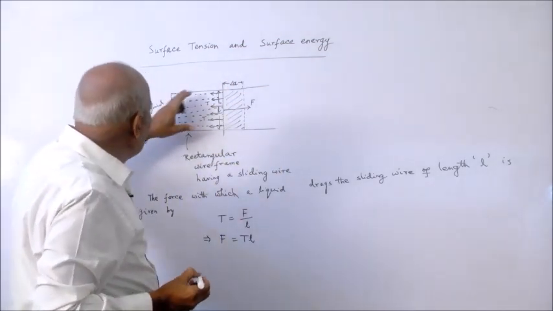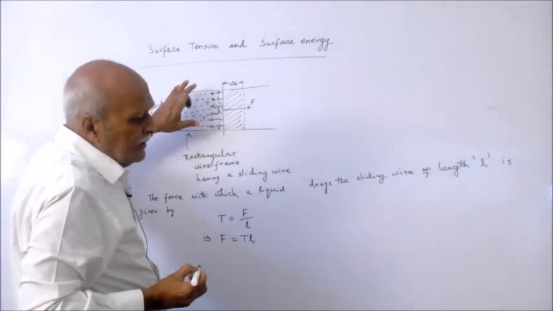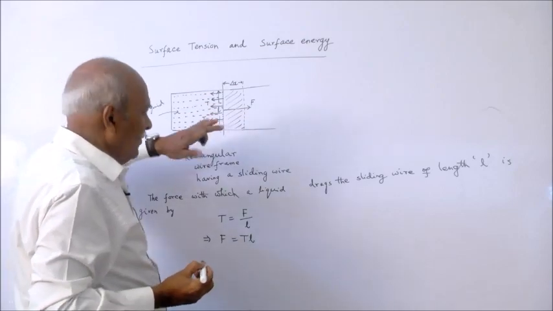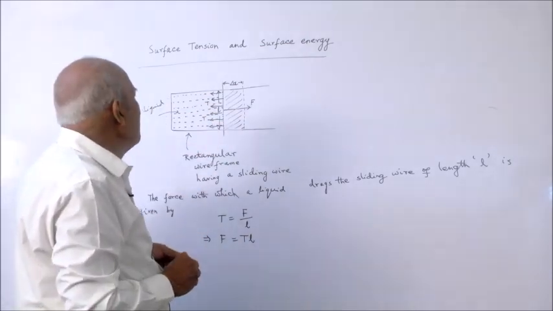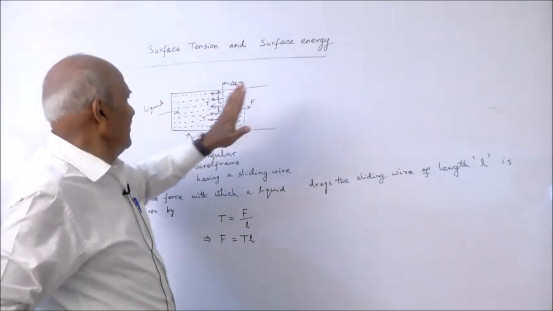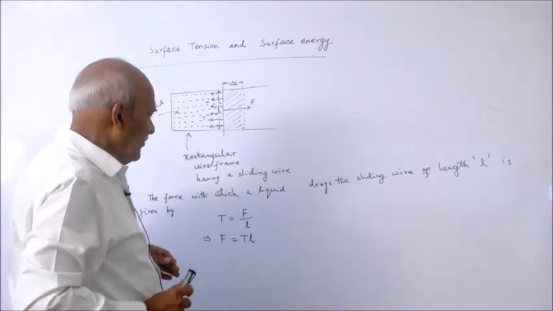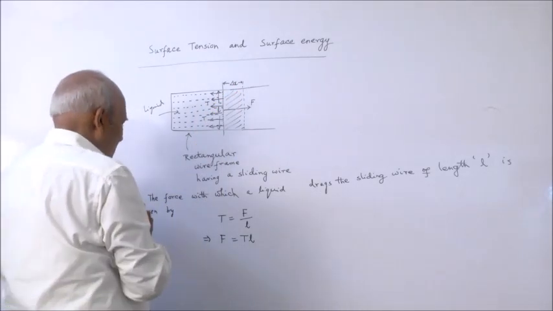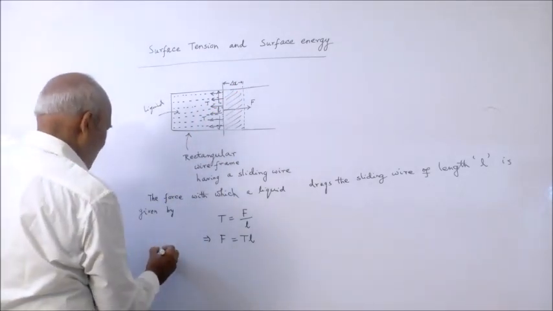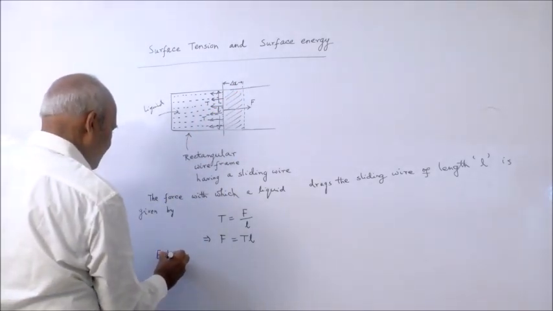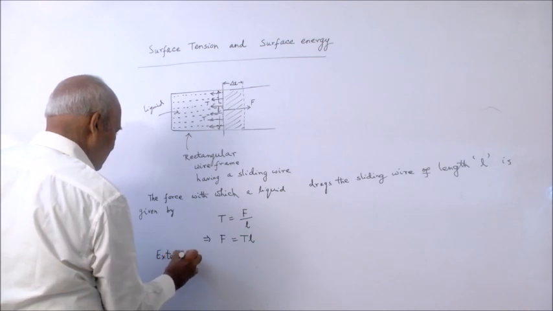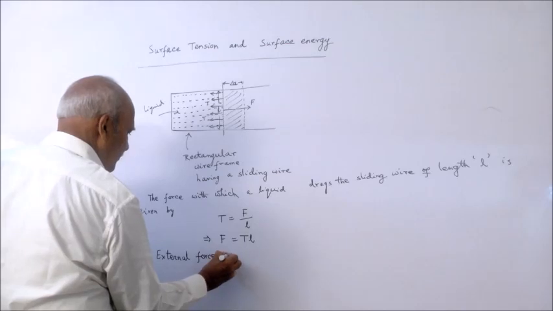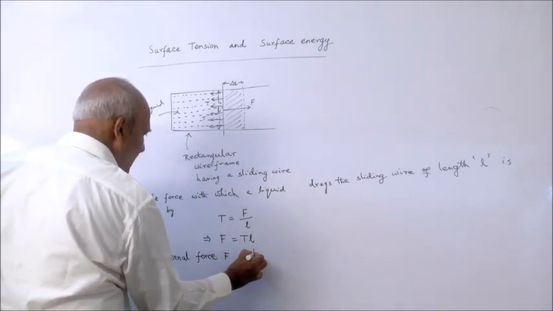Imagine that the liquid is like honey or mobile oil, that type of sticky liquid. So, that liquid is stretched by the external force. How much external force will you apply? So, the external force F to be applied